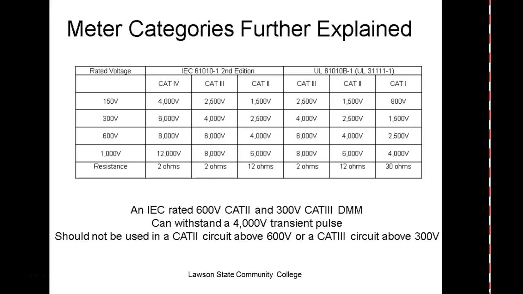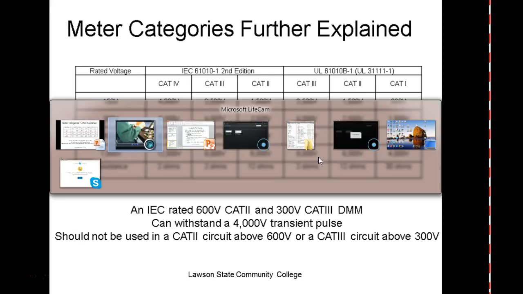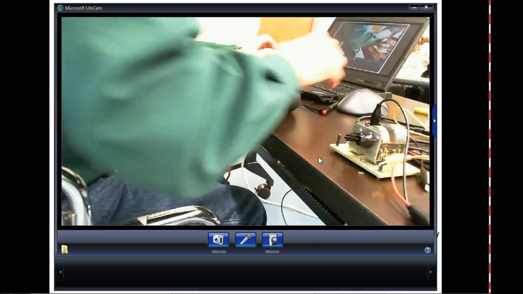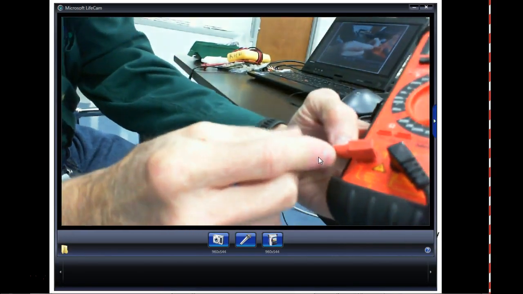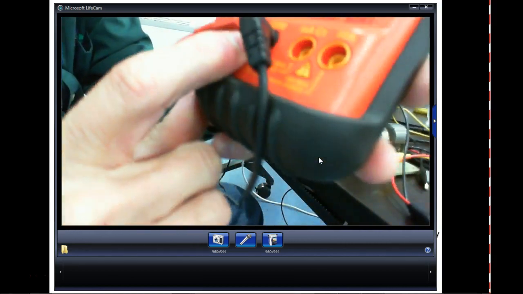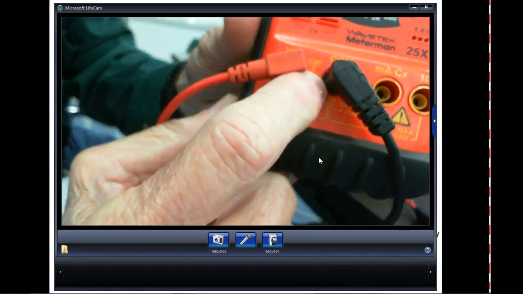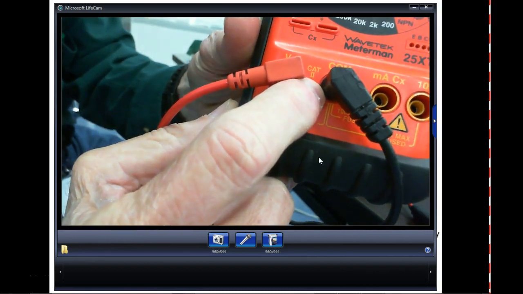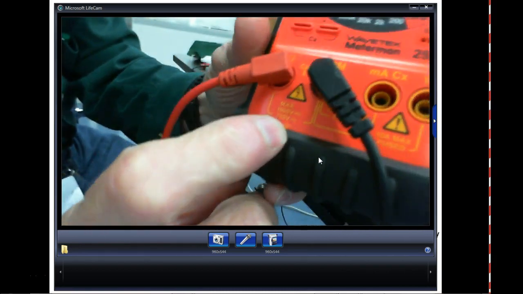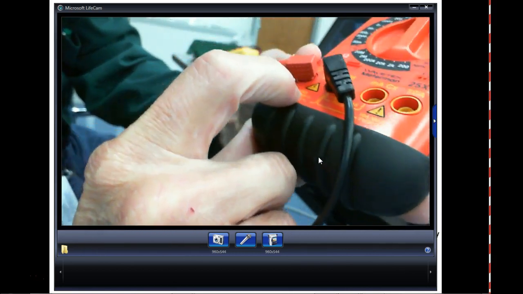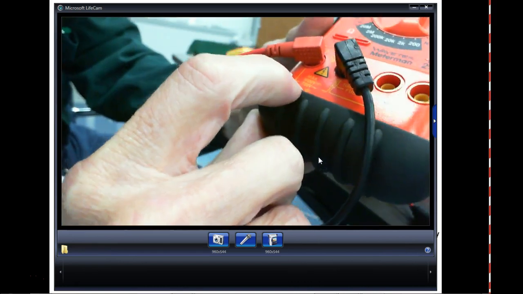Now, what do you want to buy? Well, most meters, and I need to go get mine. I think this is it right here. So this came out later. And this right here is a Cat 2 meter. Usually your category rating is down by your terminals. We're going to focus on that. It's a Cat 2 right there. And then down here it gives you the maximum voltages that we can go. So DC, I can go up to 1,000 volts. AC, I can go up to